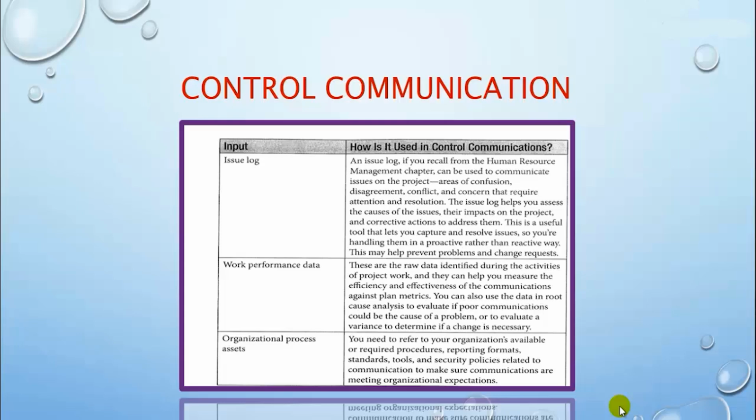Controlling communication will result in work performance information, possible change requests, and possible updates to the project management plan. For example, the control process might reveal that the organizational process assets used to create the communication management plan need adjustments or may need to be replaced. Accordingly, you convey it to your other team